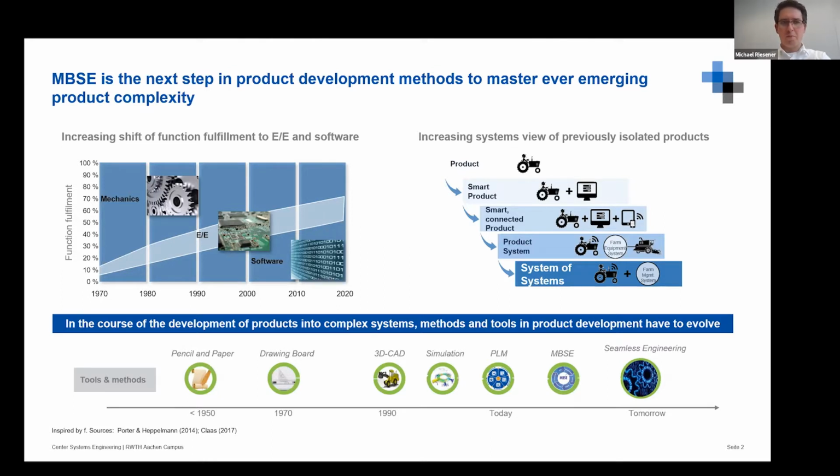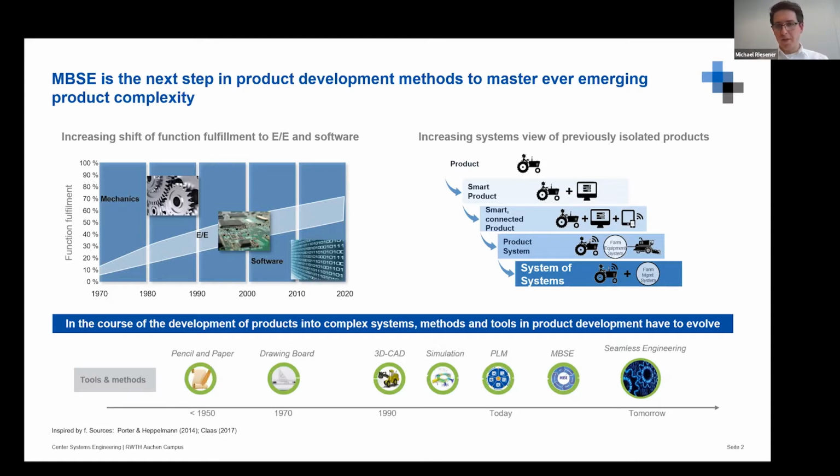In the past, most function fulfillment has been done in mechanics, as some of you might have realized. But today, more and more function is fulfilled in EE structures, and obviously this has an impact on the whole development process, which must be more interdisciplinary, more digitally connected over the whole product lifecycle